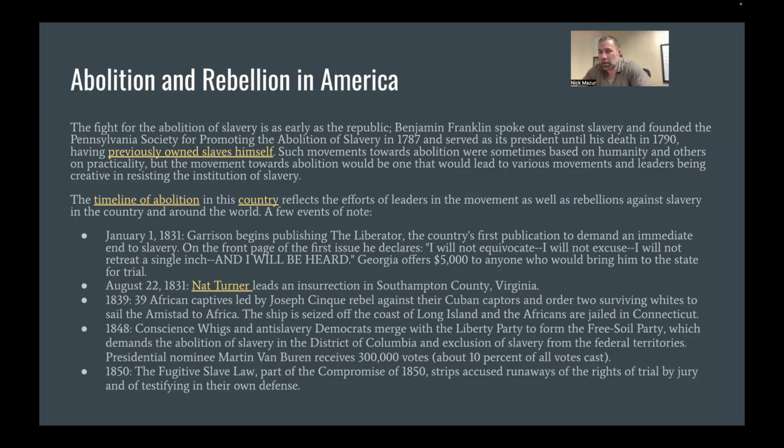What is important to understand is that there were various tactics that were used in terms of ending slavery in America. One of the first and, I would say, most productive to at least get people to really consider why we should end slavery were the rebellions that happened in the 1830s and 1840s and 1850s. There were slave abolition societies as late as the 1780s and 1790s.